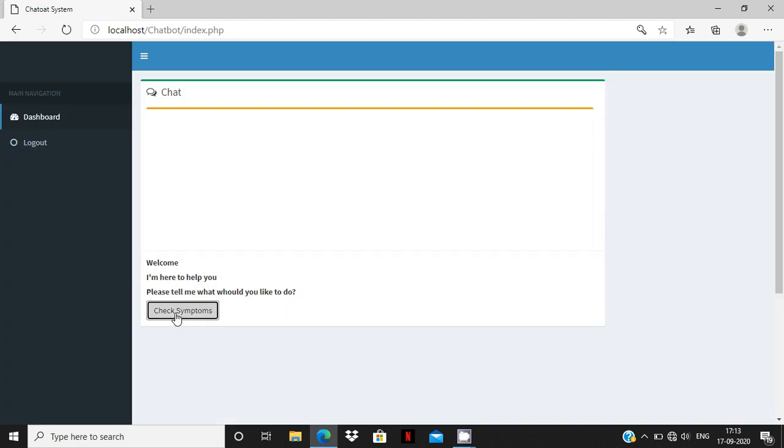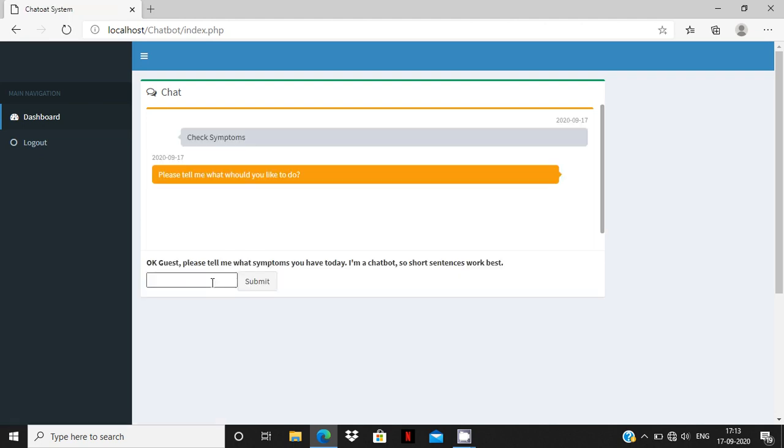For each disease, we have created article pages where all the information about the disease and precaution measures are collected. Then we have created a symptom disease table where we map symptoms to the disease, and another table is to store the chat history.